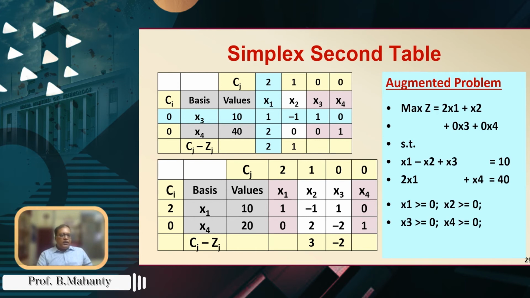Since here 20 by 2 is 10, x4 would be the bottleneck resource. So therefore x4, once again we have a minus value, a coefficient value. For making 1 unit of x2, you require 2 units of x4 and -1 units of x1, which means 1 unit of x1 will be released if you bring 1 unit of x2 into the